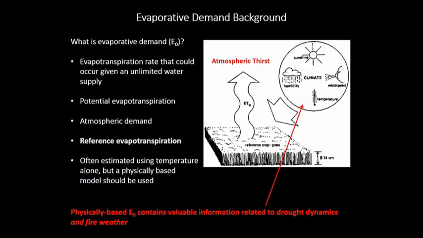And so this term evaporative demand falls under an umbrella of a number of different terms, including potential evapotranspiration, or PET, which is probably most familiar to most people, atmospheric demand, or reference evapotranspiration, and that type of evaporative demand is what we use for EDDI. And so that cartoon there kind of depicts this reference